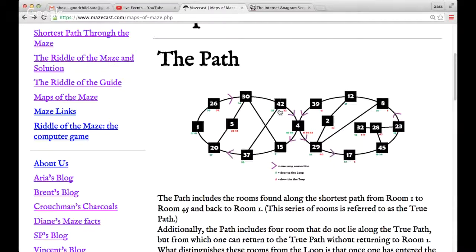But I don't know. There may be some disadvantages I'm not thinking of to only cutting off 45. I mean, essentially, all you'd have to do is make 17 the room with the hidden door. Yeah, that's true. Well, and do something about 20. Well, yeah, that doesn't actually solve the problem at all. You do that, but then you'd also have to permit some kind of access to those rooms,